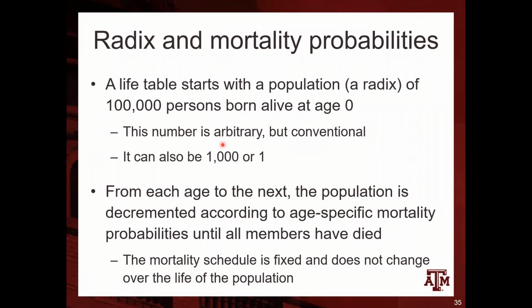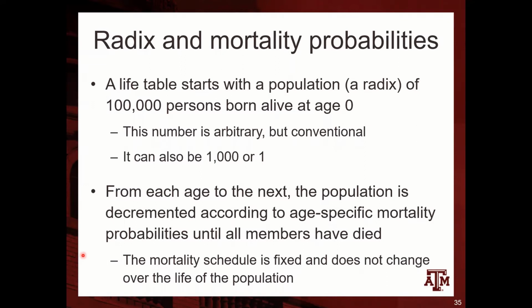This number is arbitrary, but conventional. We usually use 100,000, 1,000, or 1. It's not going to affect the final result of the life expectancy. It's just an exercise in which we get the mortality rates by age groups, and we expose this specific group of people to those rates. From each age to the next, the population is decremented according to age-specific mortality probabilities